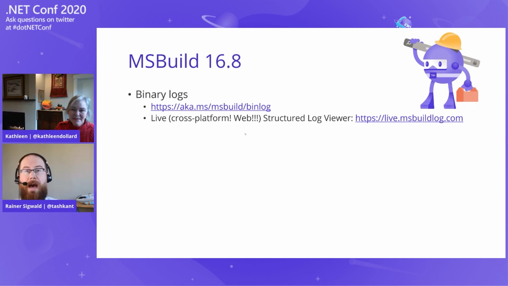Historically, you would have giant text logs with maybe millions of lines and potentially many different processes interleaved with each other. It was potentially really hard to understand what was going on. It would be great if we had a structured way to store that logging and then look at it later. And binary logs are that thing. You can find a ton of information, including some warnings about the contents at